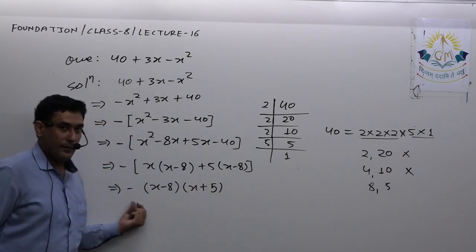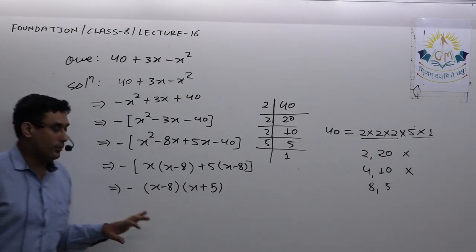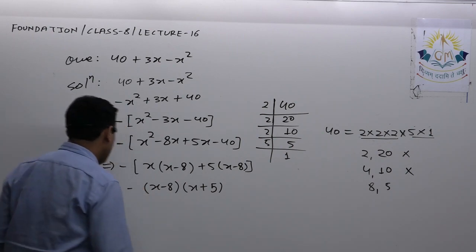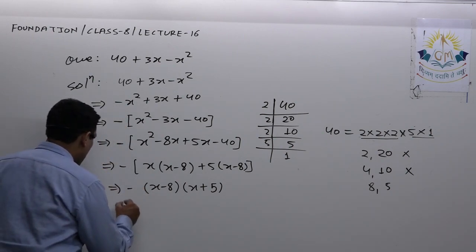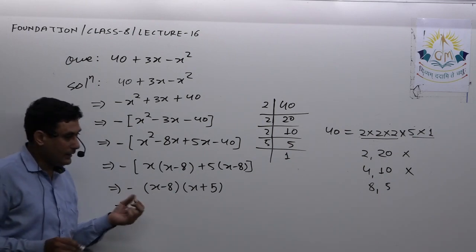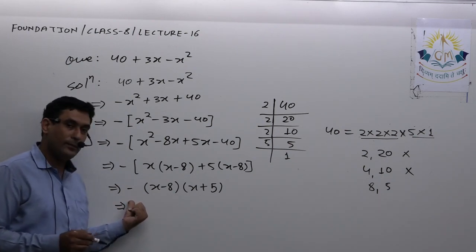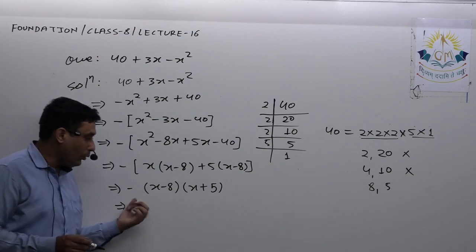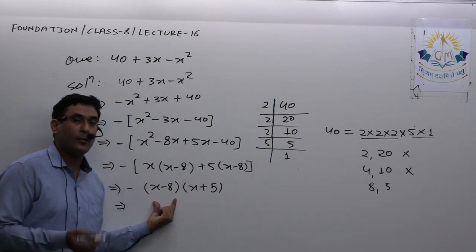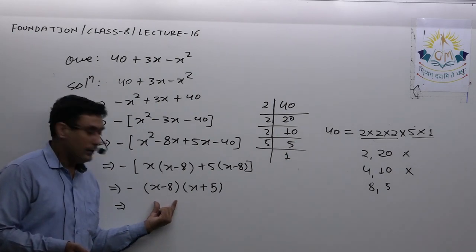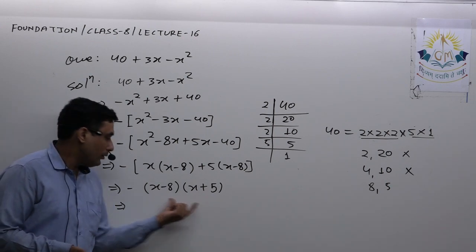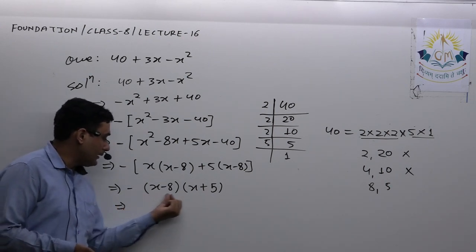Okay, with the minus sign. Now what about this minus sign? I can keep this minus sign as it is, but it is advised, and this is one of the unsaid rules, that we generally do not keep the minus sign outside. There are some cases in which we have to keep the minus sign outside, but over here, whenever you find that one of the brackets has opposite signs, for example here it is x minus 8, here both have the same sign, so we'll multiply this minus sign over here.